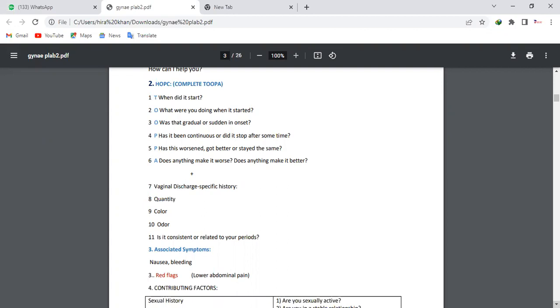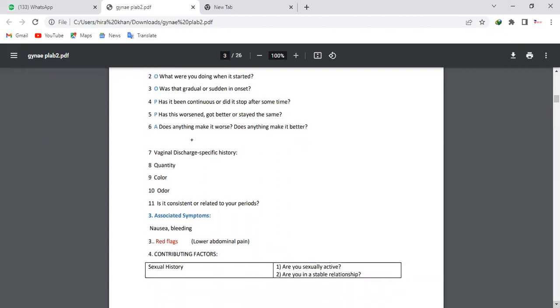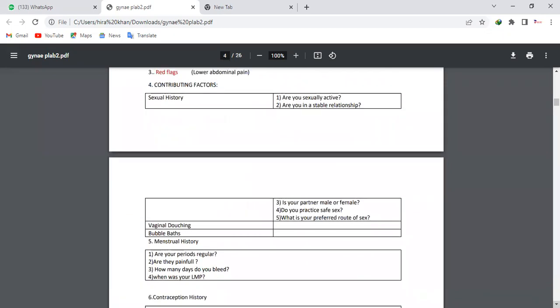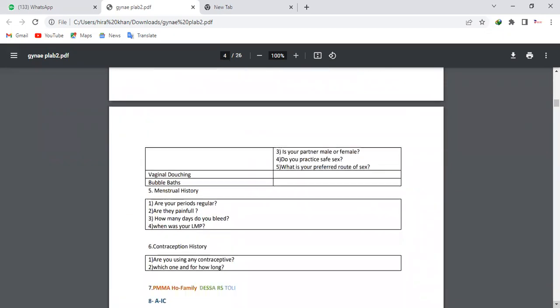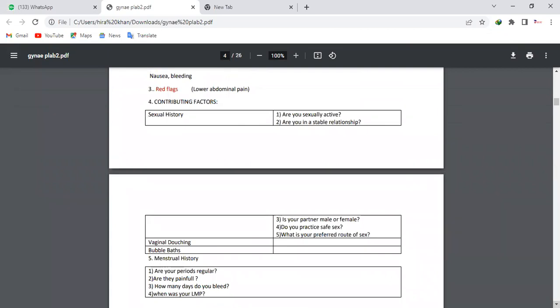Okay. And then the red flags come. Like, do you have any lower abdominal pain? Okay. All right. And also then the sexual history. You have to see what questions you are asking. You should not be reluctant. Some people say, if you don't mind, I need to ask a few questions related to your sexual history. No, not at all. Do not say this. Just simply ask, well, I need to ask a few questions, and then simply ask, are you sexually active? It's totally fine. There is no such thing that you cannot ask sexual questions directly. No, not at all.